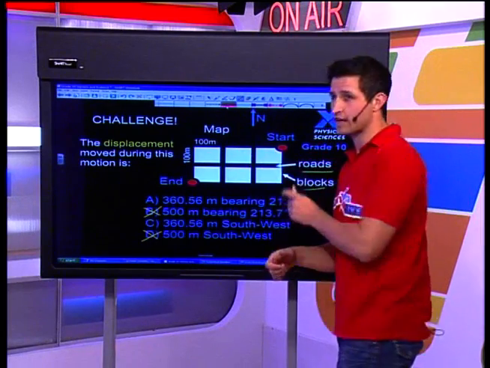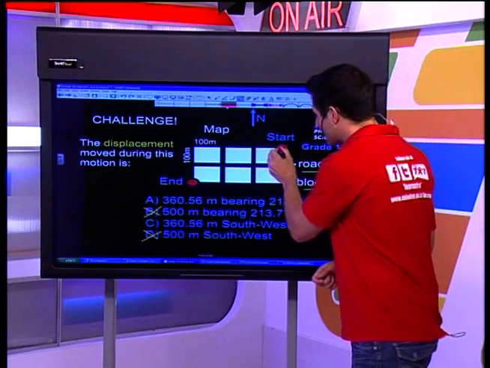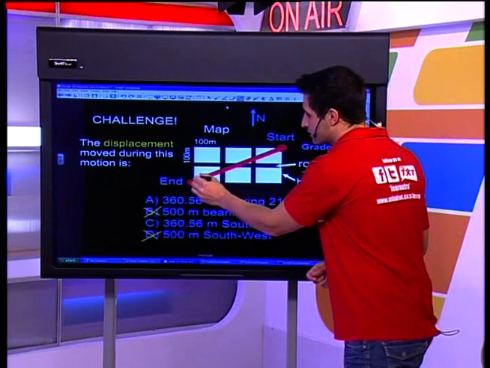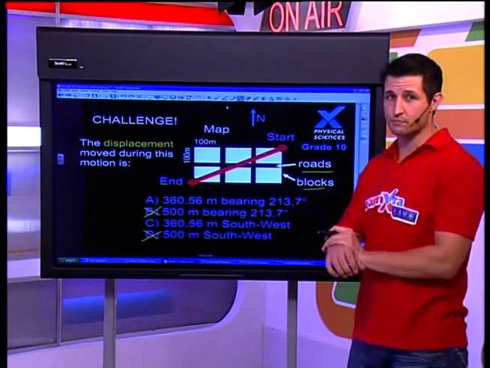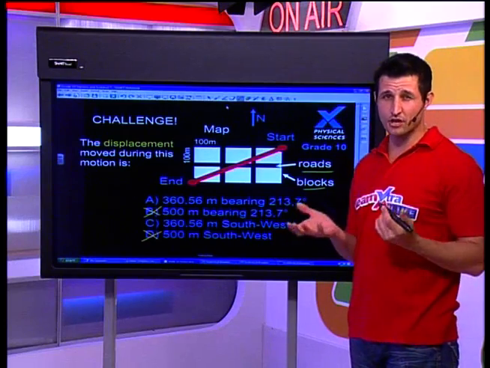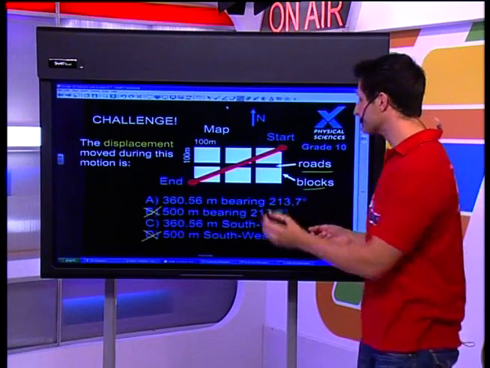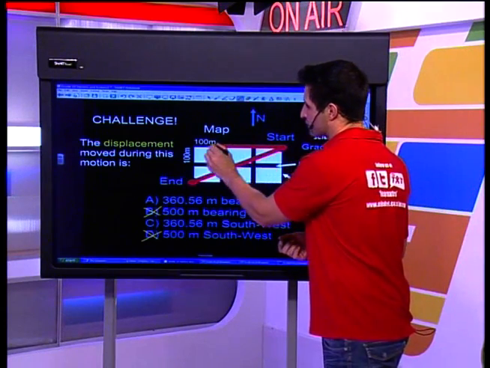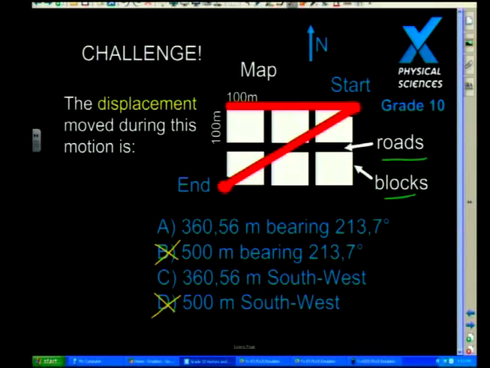And for that, I've saved a nice big fat red line. So now, if I go from the start to the end. Now, if you did this by graphics or by Pythag, it didn't really matter. I'm going to show you how to do this by Pythag as well. If I start to make a triangle over there, what you'll notice is that I can actually make a right angle triangle out of this.